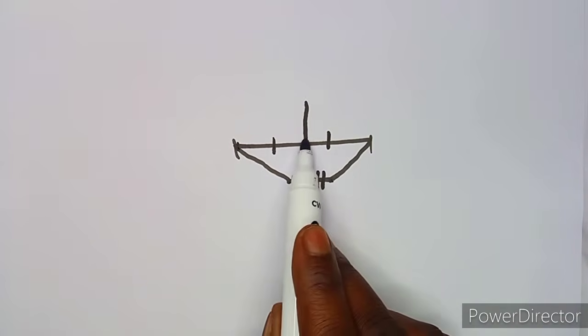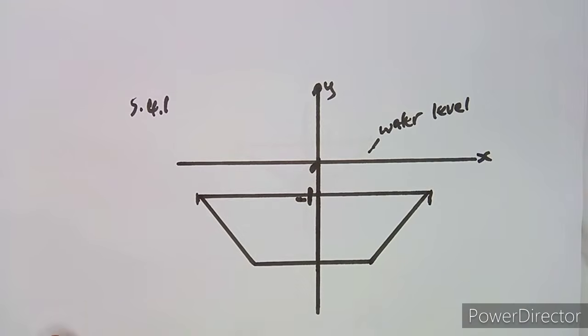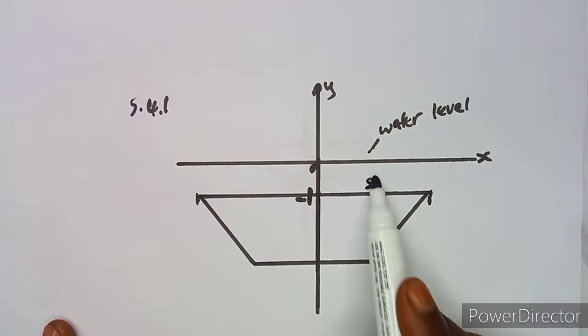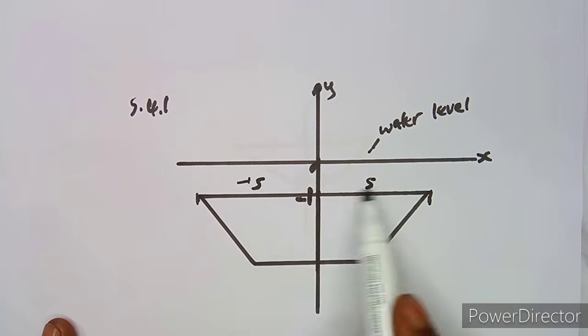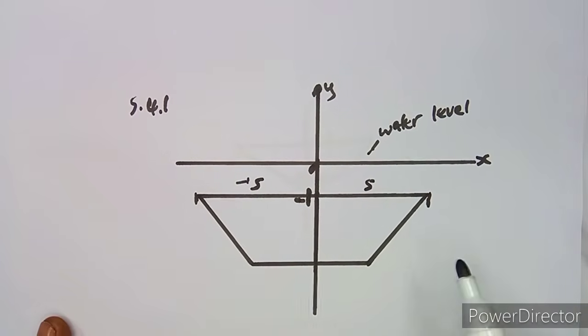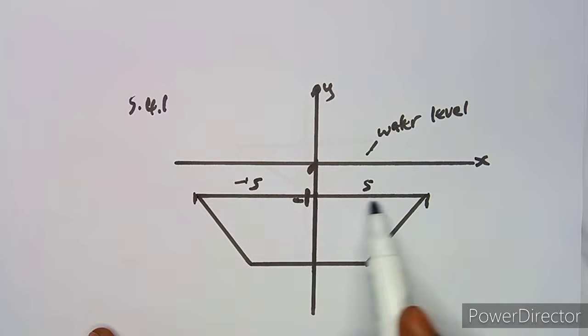From this point to this point, and from this point to this point. That's how this works. It's going to be divided into 2. So if this is 10 meters and you divide it into 2, this is now 5 and this is now 5. But this one on the left is going to be minus 5, and this one is going to be positive 5. Remember, guys, we need to obtain 10 in length from this point to this point.